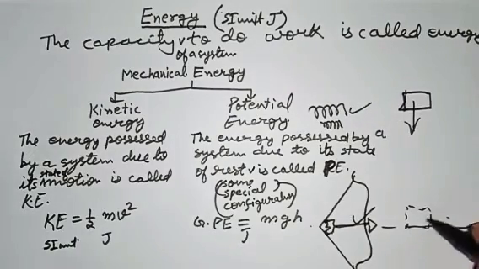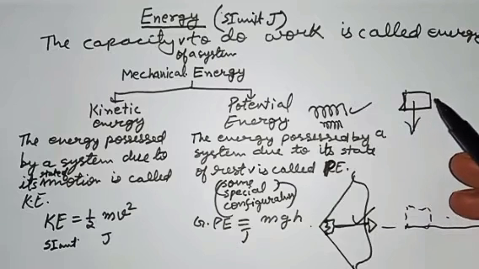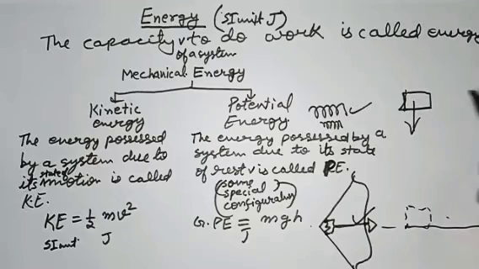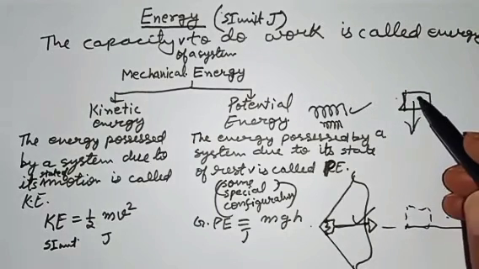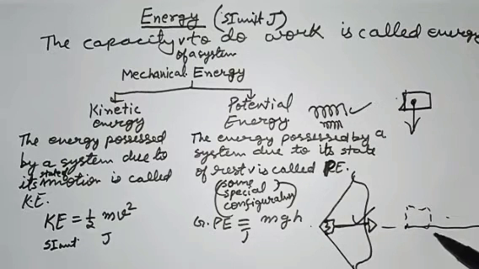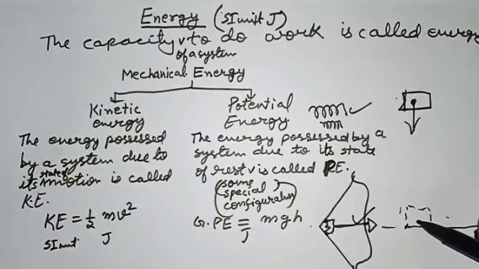Actually, gravitational force is acting downward, and that gravitational force has done some work to reach here. Actually, we have lifted it, but we will say that the work done on this object is equal to its gravitational potential energy, because when we release it, that gravitational force will give that work back to us. Here we are lifting it, and when we release it, gravitational force makes it come down to the ground level. So both still have unit joule. Remember this: half mv square and mgh.